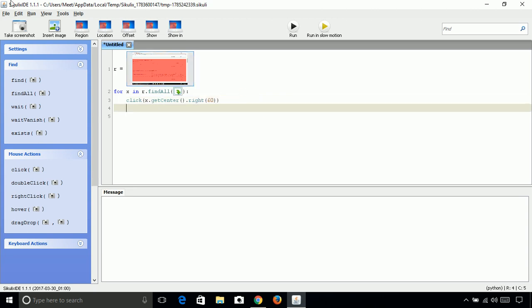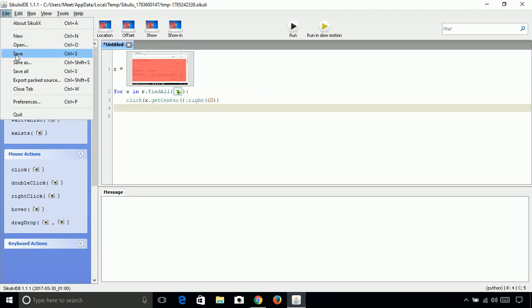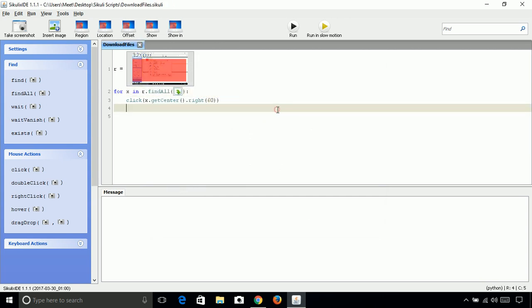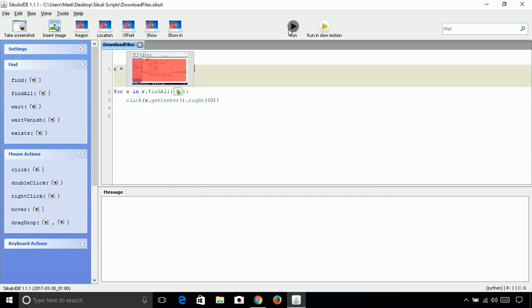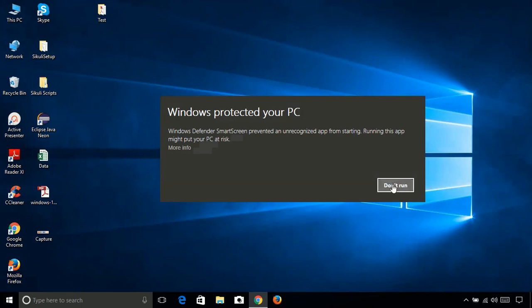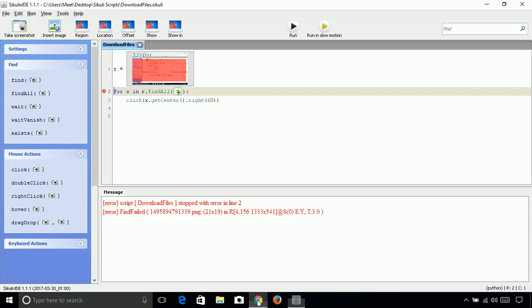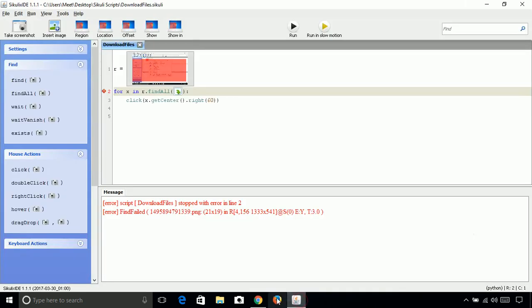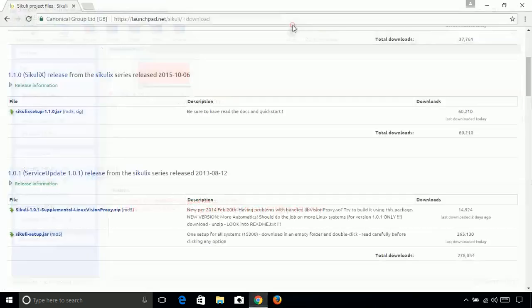Now let's save it first. Download files, and now let's run it. Our screen was not active, so let's bring it to the front, and now let's run it.